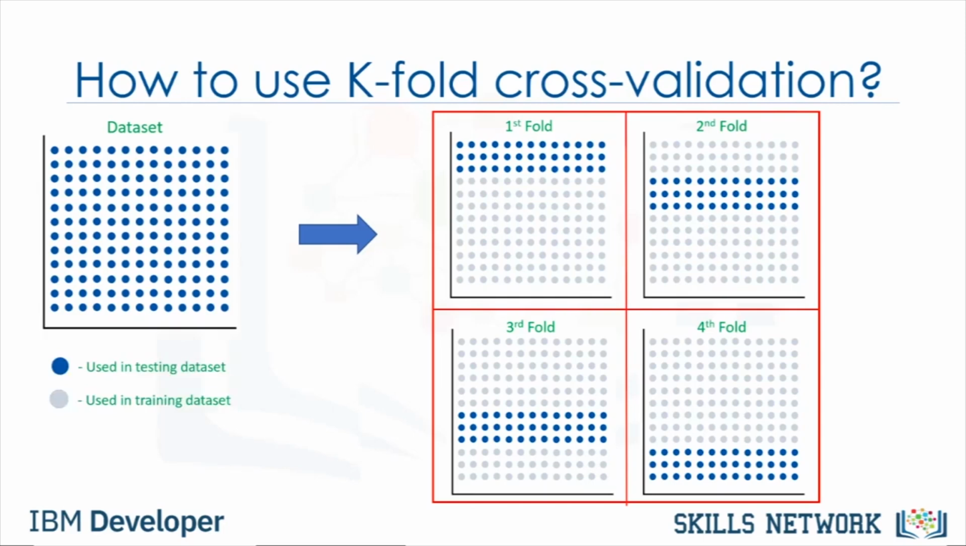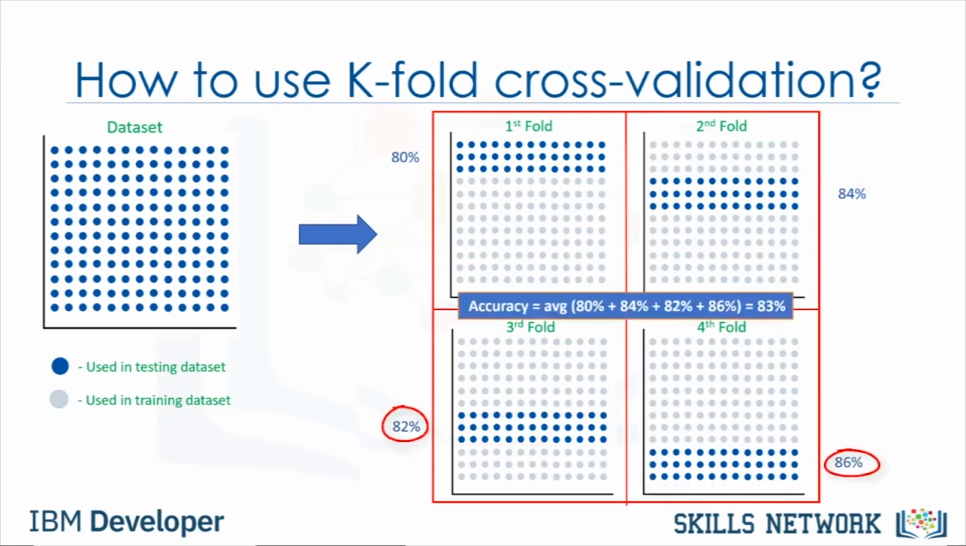In the first fold, for example, we use the first 25% of the dataset for testing, and the rest for training. The model is built using the training set, and is evaluated using the test set. Then, in the next round, or in the second fold, the second 25% of the dataset is used for testing and the rest for training the model. Again, the accuracy of the model is calculated. We continue for all